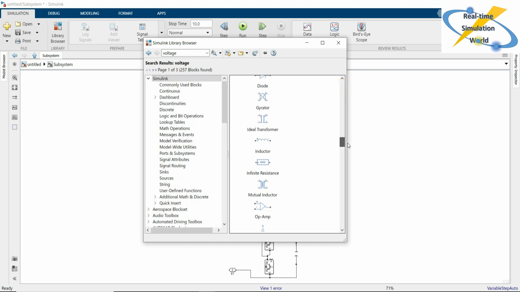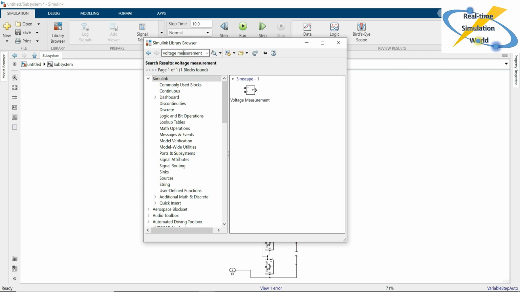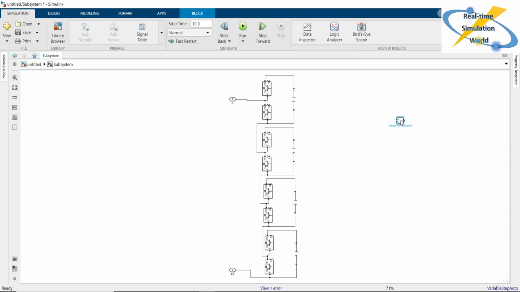So for the voltage measurement, we can simply write voltage measurement. So we get this. Okay, so this is the voltage measurement, and simply we can connect this like this. Similarly we can connect it right here,